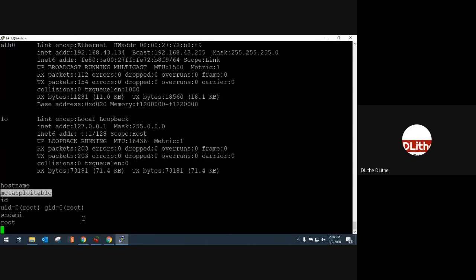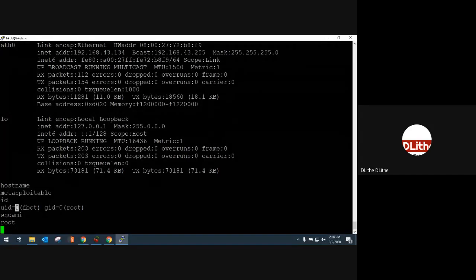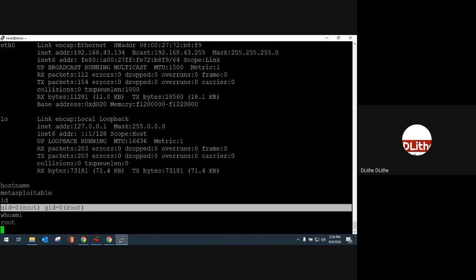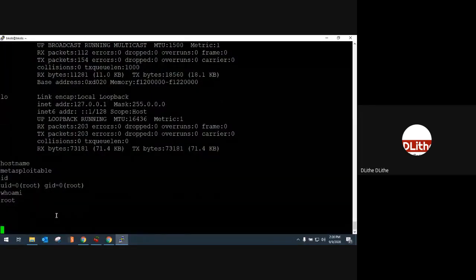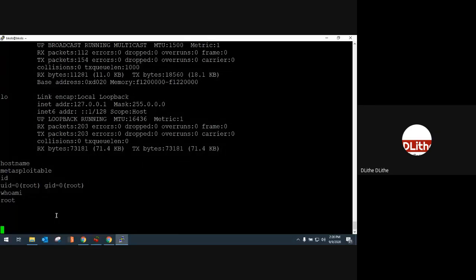The name is metasploitable. You can use id or the whoami command to check as which user you have gained access. The id command gives us the user ID, and it says that I have logged in as root, and whoami also says root. So fortunately, yes, we have logged in as root. This means we have gained top-level access on this victim machine, which means we can do literally anything and everything on this machine.